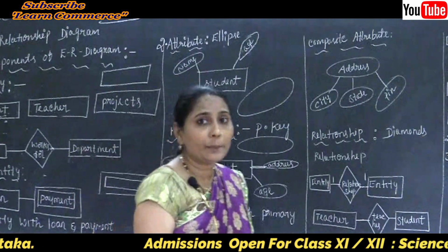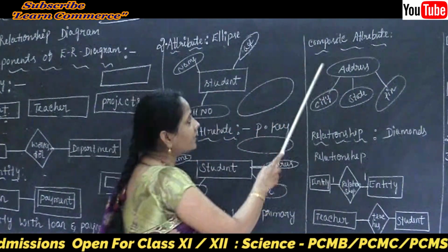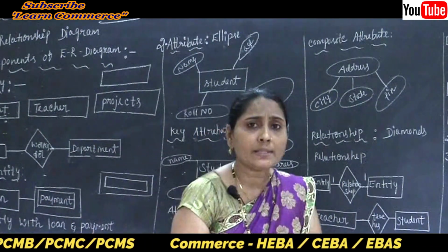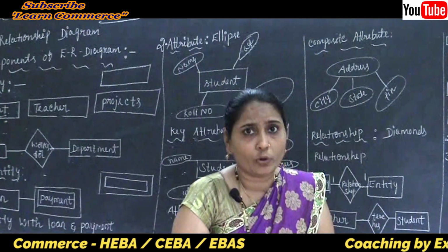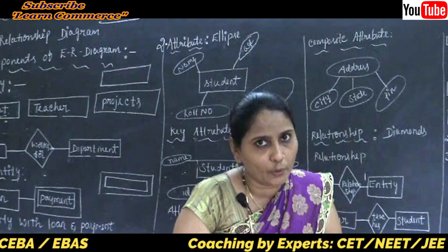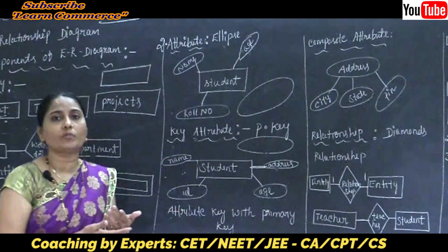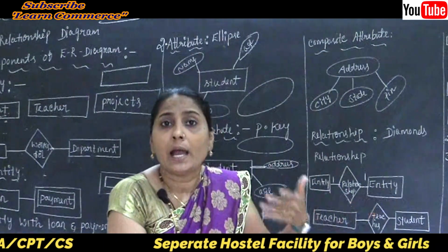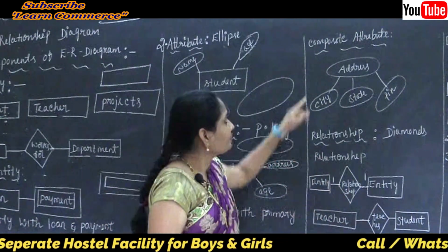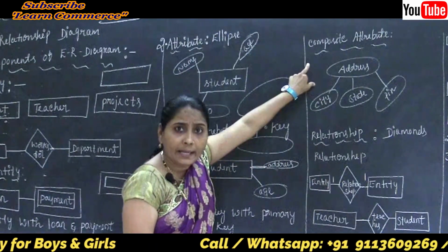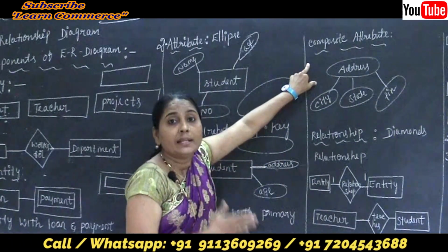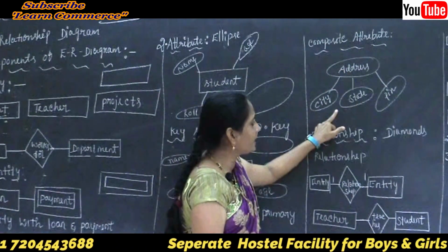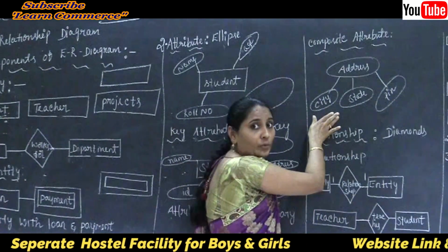After completing the key attribute, the next thing is the composite attribute. Now what do you mean by a composite attribute? An attribute can contain its own attributes. We know the meaning of the attribute: a column is called an attribute, and if more columns are there, they are called attributes. So an attribute that contains its own attributes is known as a composite attribute.